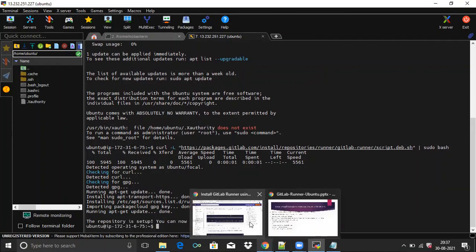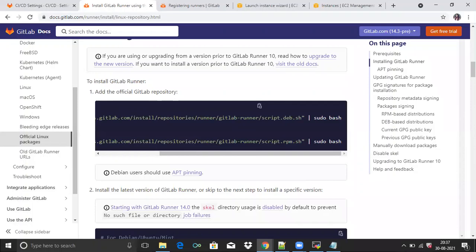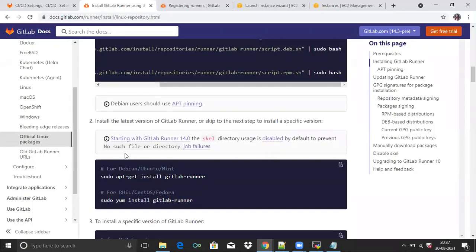Now go to this documentation, then scroll down and you can see the command for installing GitLab Runner. Copy this command and paste here.